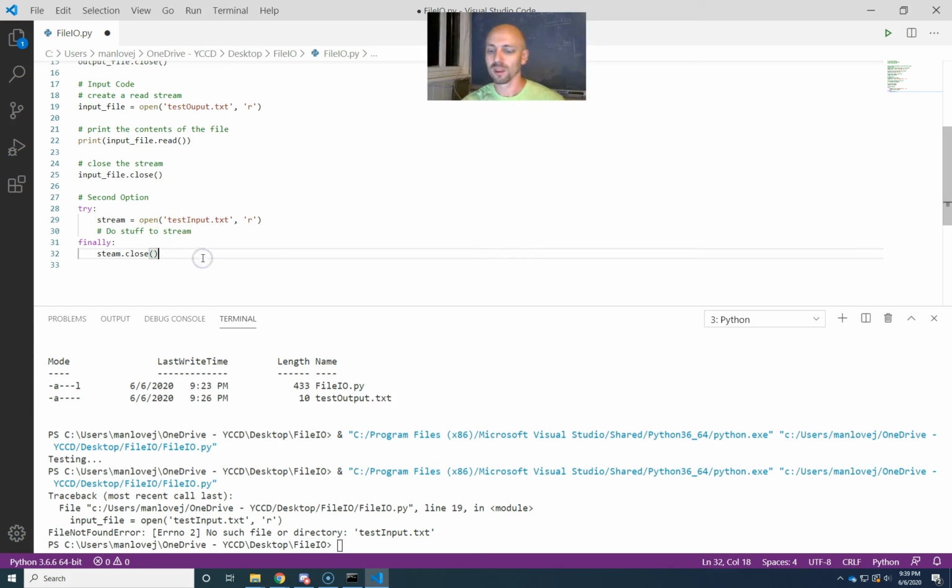So that's our second option. And then there's a third option. The second option is clear, or maybe it's less clear, but it handles errors. But you have to remember to make this whole structure, right? So the third option, which is the best option, but it is the least clear,